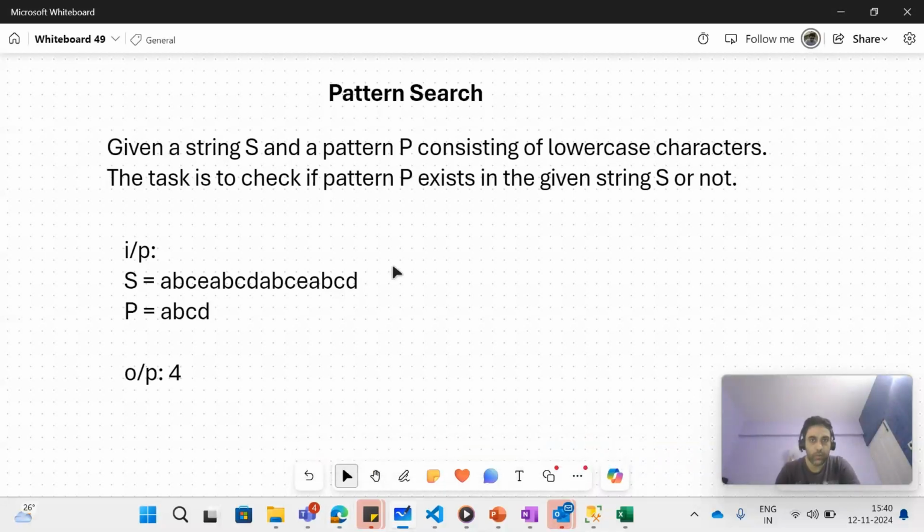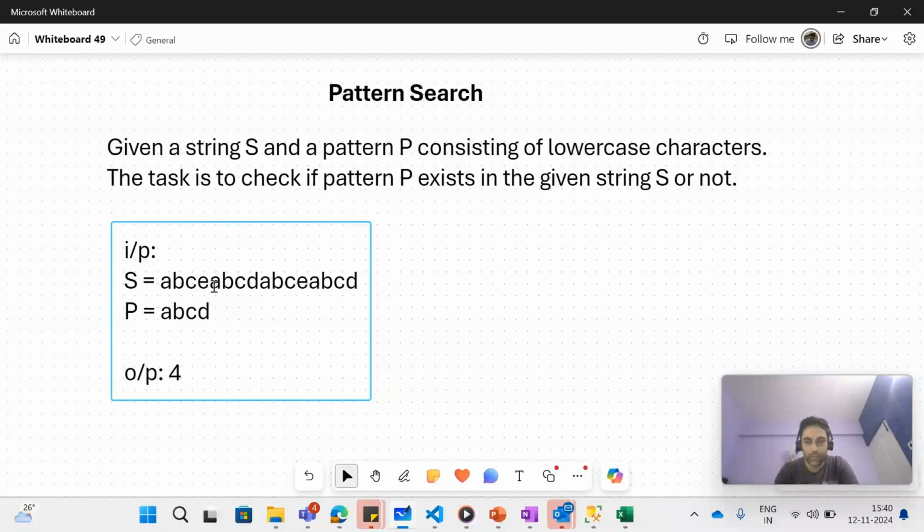All right, so let's see this question now, pattern search, right? So over here we are given two strings, S and P, and we need to find if this pattern P is present in the string S or not. For example, if you see ABCD, then ABCD is present over here, and it is also present over here, ABCD. So we just need to return the starting index of the first occurrence of this pattern in this string. For example, over here, the starting index of the first occurrence of this pattern is 4,